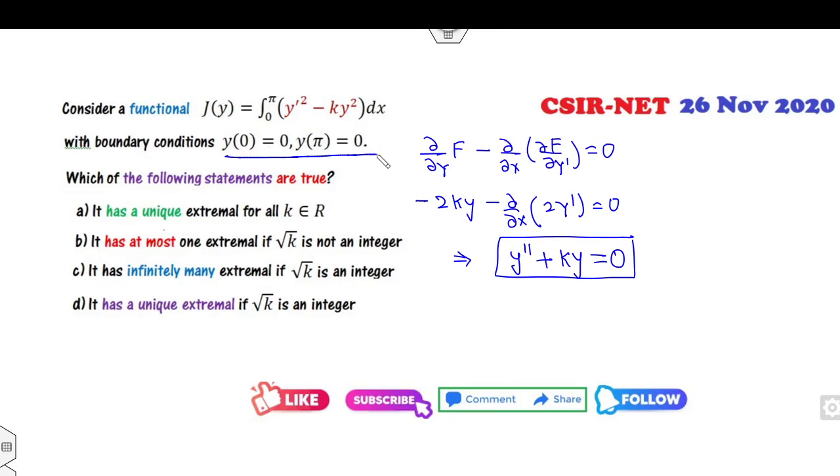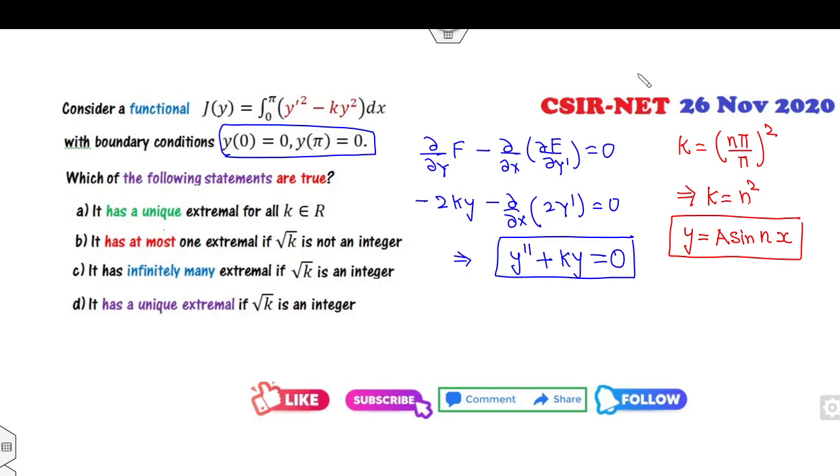Again, the conditions are given to you. That means the value of k is n pi over l. L is pi. So that means k is n square. And the solution will be y is equal to a sine of root of k, and root of k will be n, so a sine nx. Fine. Now,